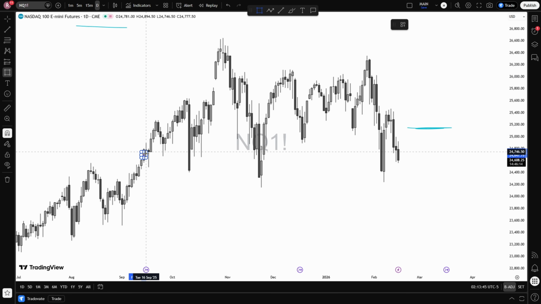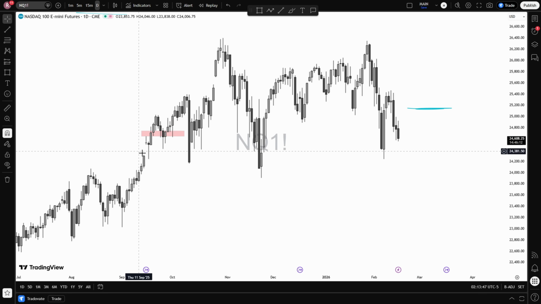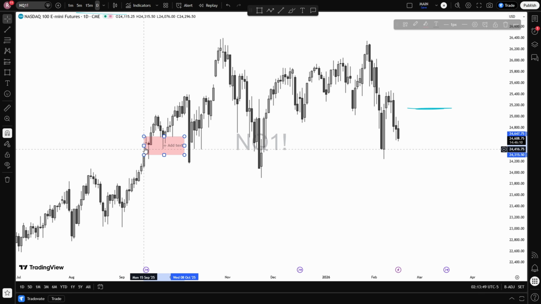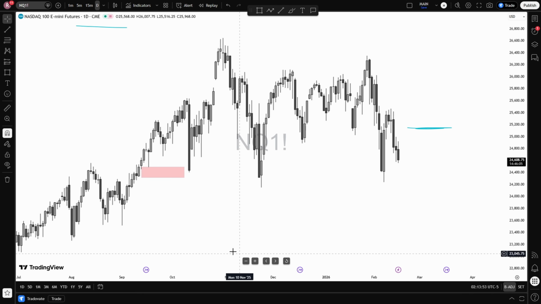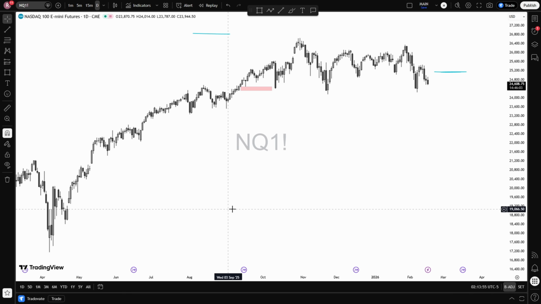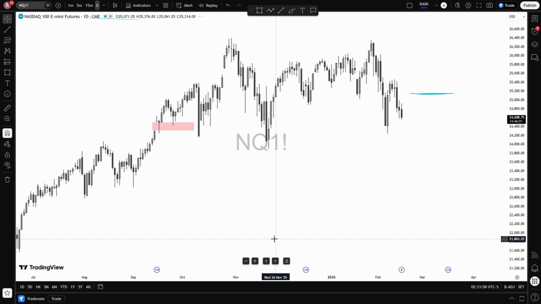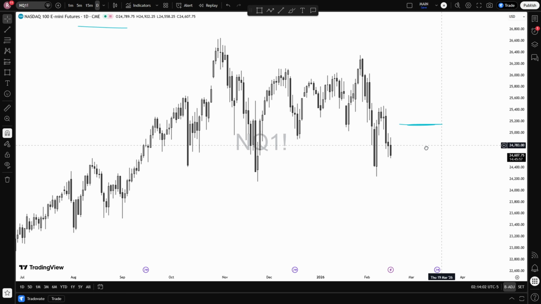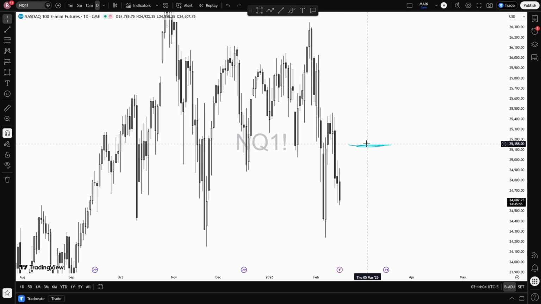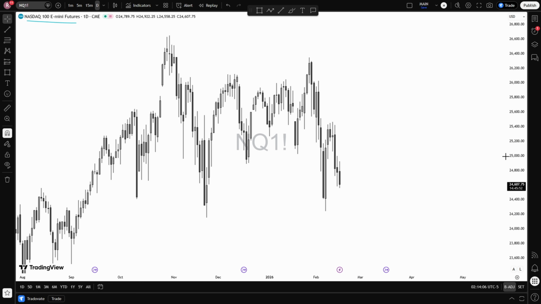Now when I turn Adjust for Contract Changes back on, those gaps get smoothed out. TradingView adjusts the historical data so the rollover transitions look fluid. You can see here there's a rollover point, then another one. But instead of seeing large artificial jumps, the price action looks continuous and clean. That's why I personally leave that setting turned on when charting the continuous contract. It keeps the structure clean and prevents fake gaps from affecting my analysis.